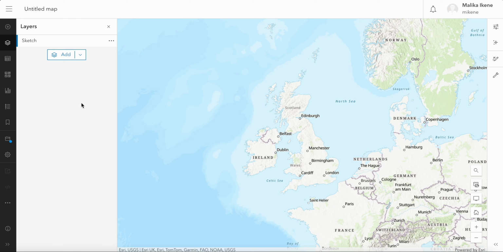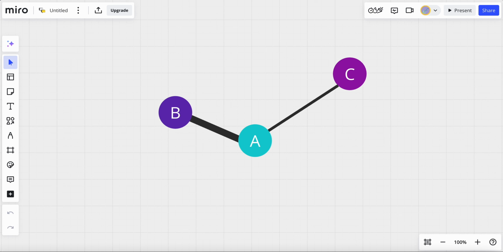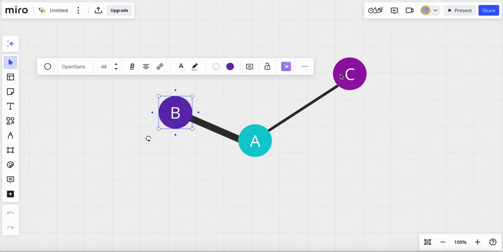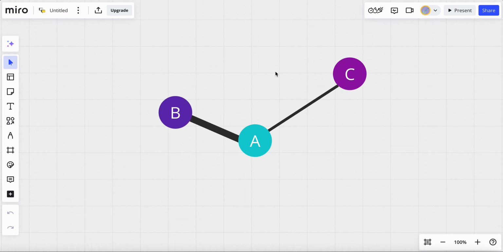Today, let's have a look at flow maps. In the simplest of terms, this is a type of map that visualizes the movement of something from one point to another. Usually, flow maps have lines of varying thickness depending on the frequency of each flow. For example, if you had points A, B, and C, and you were looking at how many people travel from A to B, or A to C, the thickness of the line would be dependent on how many people make